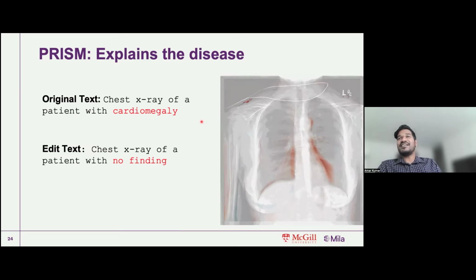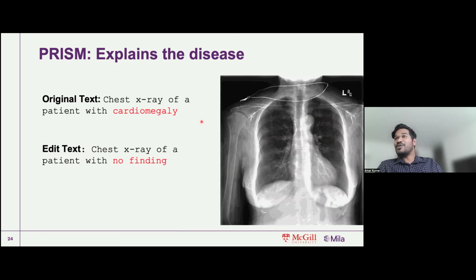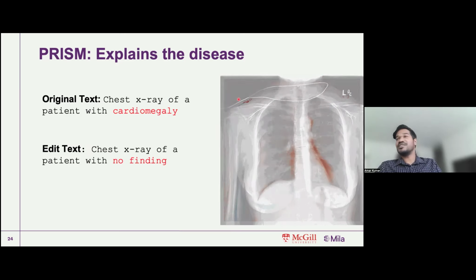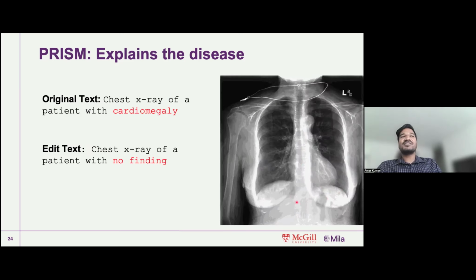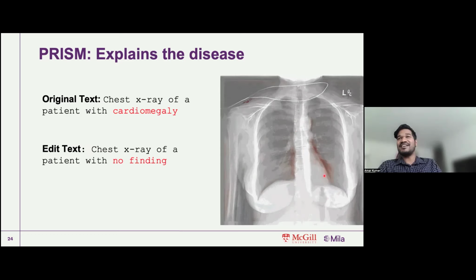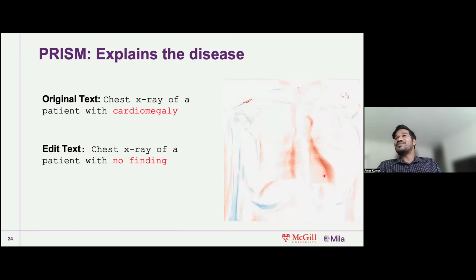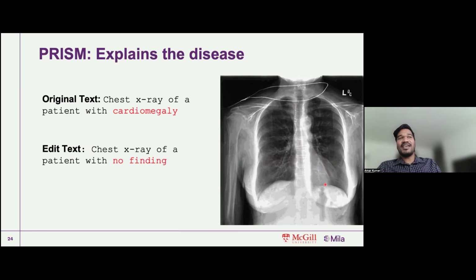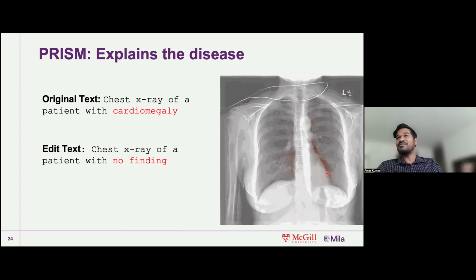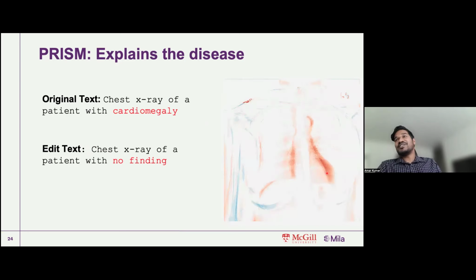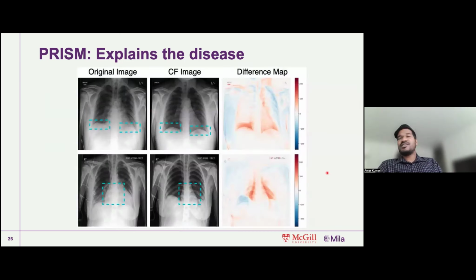And you can see that in this animation, it's able to ignore all the other areas, including the necklace that this patient might be wearing, and focus mostly on the region that targets the heart. And you can see that the method is able to suggest that if this lung area were not enlarged as much as it is, this patient would actually be healthy. It not only explains cardiomegaly, but a lot of other diseases, which is referred to in the paper, like pleural effusion, which is shown over here.